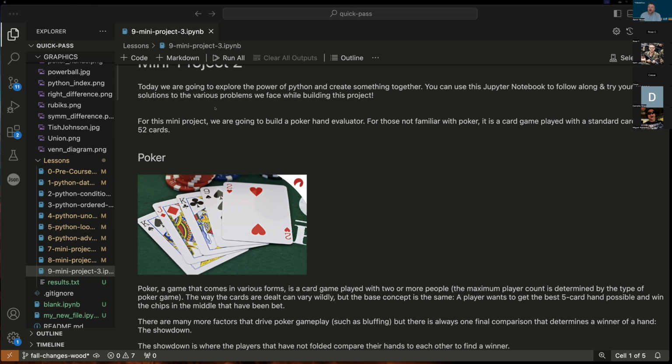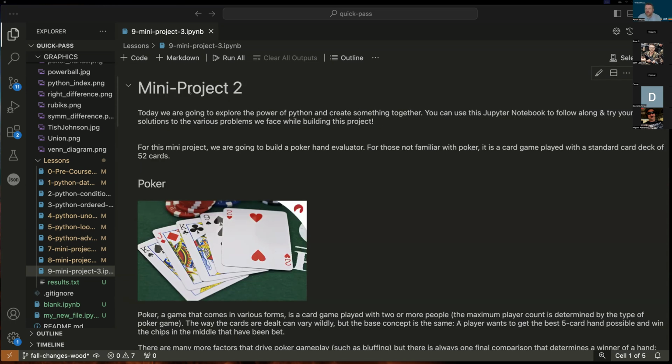Okay, all right. So here we're dealing with really mini projects, 3 or 4 now. We've done quite a few, but this is originally mini project 2, and we're going to take a look at another problem with Python, something that will probably take the entire evening, and we're going to use Python to build a poker hand evaluator. And for any of y'all who haven't played poker before,